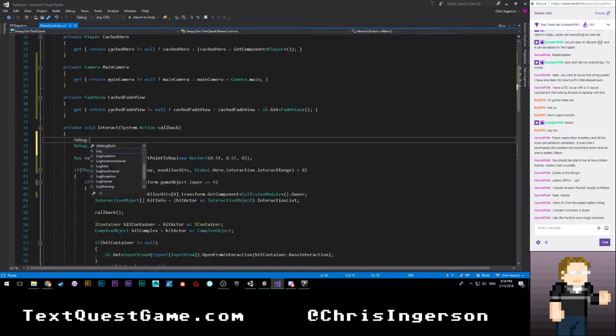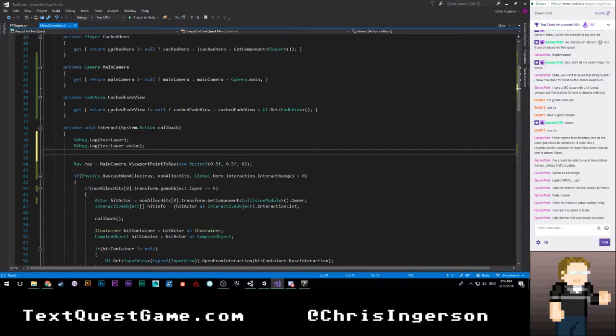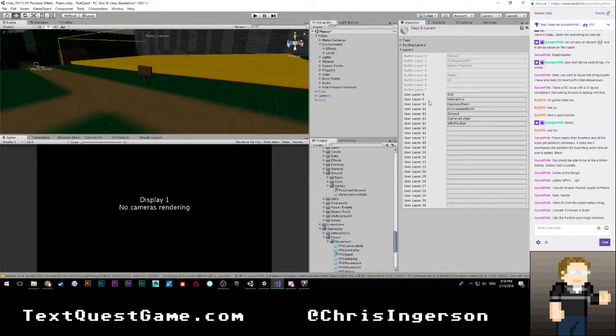We'll also go ahead and Debug.Log test layer. And this dot value is just an integer representation of the mask. In fact, it seems like you can just do both of these, honestly, and we should have the same result here. And I'm going to assign default, which we know to be 0,